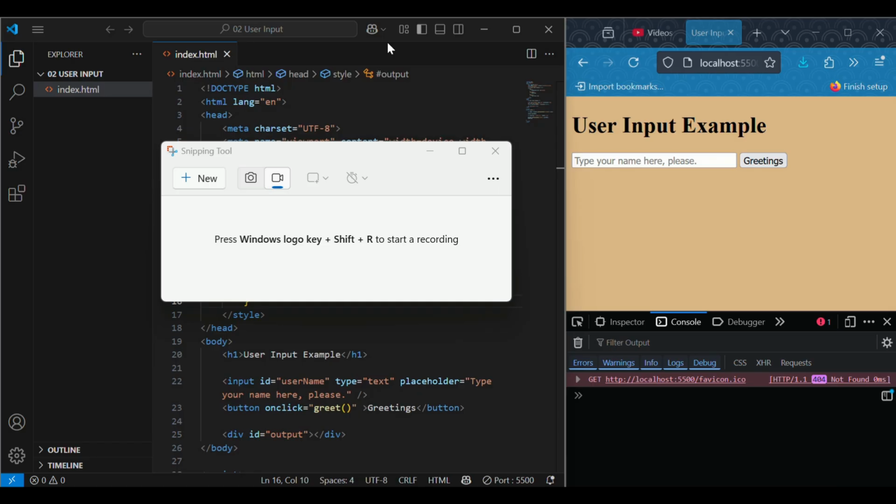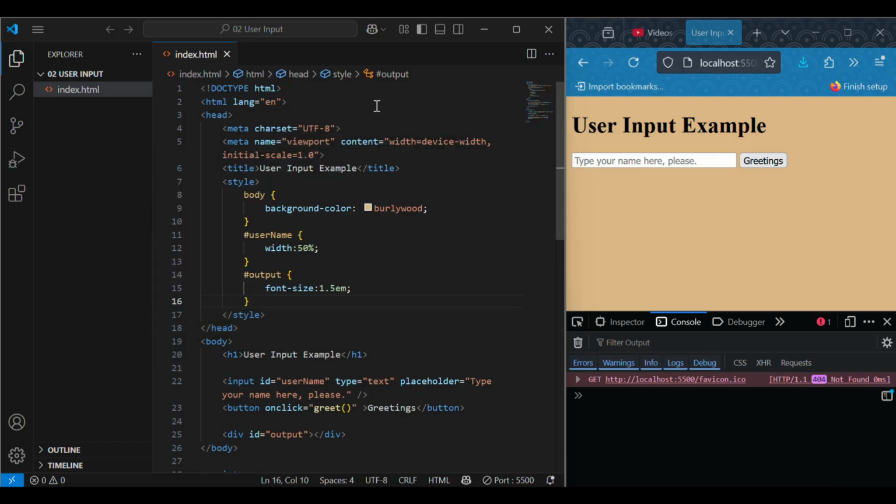Alright, so this next one, we're going to do something quite similar, but we're going to focus on the look of it, and we're going to learn something called an event listener. Okay, so let's just X out of that